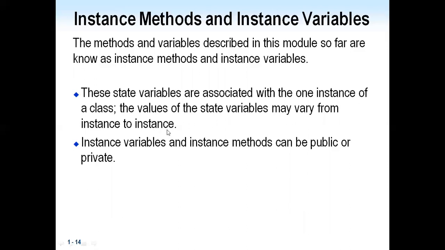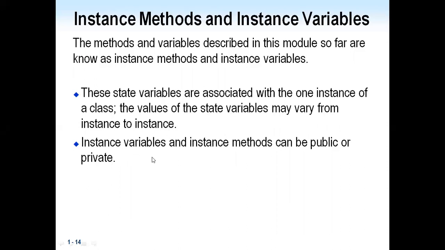The variables represent the attributes of any object, and the attributes of an object vary from one object to another. As we discussed previously, the account number varies from one account to another, and the balance varies from one account to another. The variables represent attributes, and the attributes vary from one object to another object.